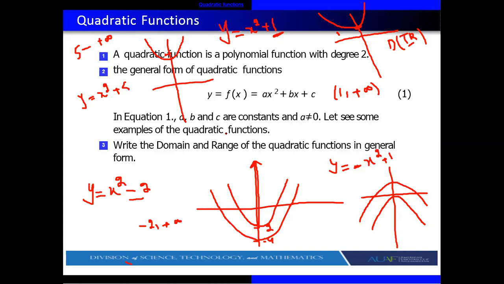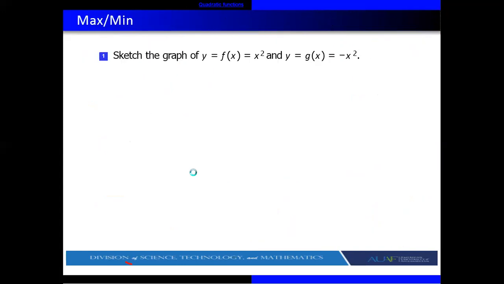Domain and range. So okay, but main thing is how we can draw graph. For example, we have this graph y is equal to x square and y is equal to minus x square. So you know y is equal to x square graph is like this one. It will start from 0, and y is equal to minus x square, it will open downward. It depend upon what? It depend upon a. So let me tell you what is a. How you can draw graph.